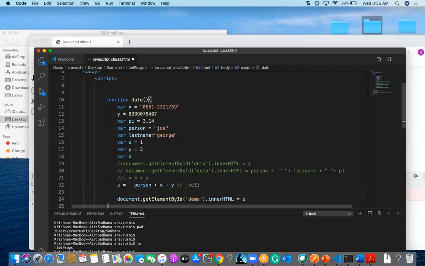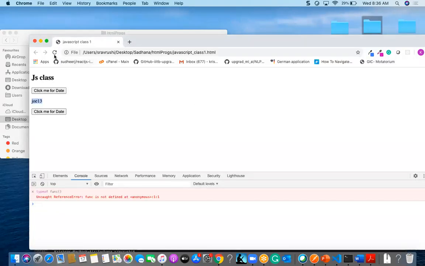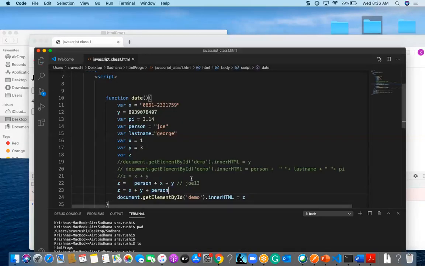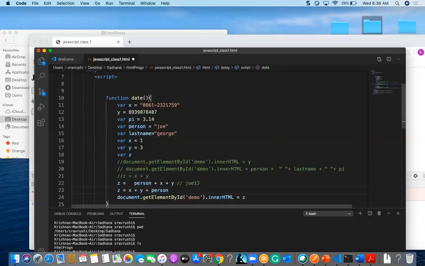Okay. And if we write x plus y plus person, like the one we tried now, what will happen? 4 plus joy. If we are giving it like this, it will come like 4 joy. That's what we'll get.